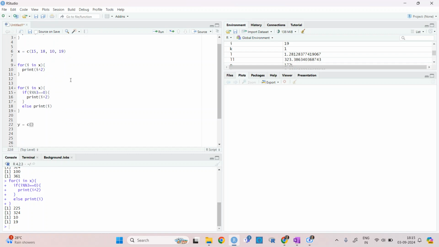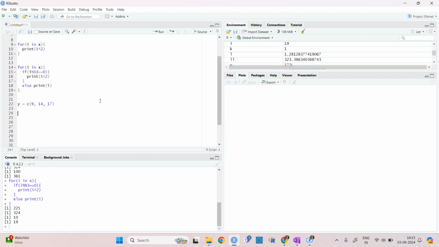Let's say we have defined another array, which is anything like 9, 14, 17, 18. Or let's say just up to 3, so that the lengths will be different.